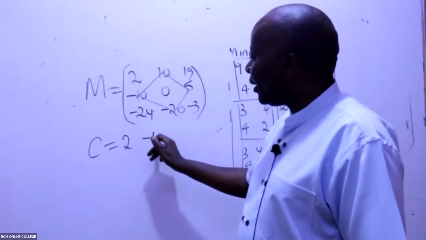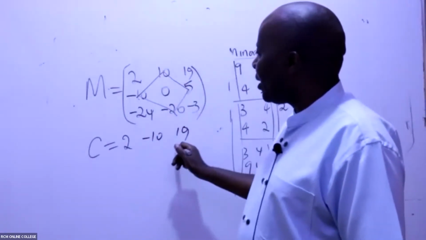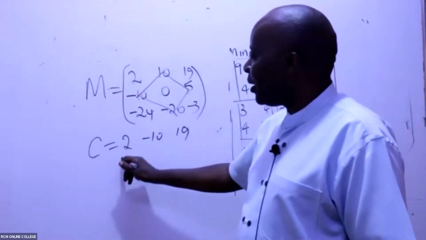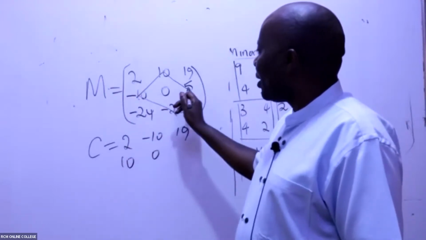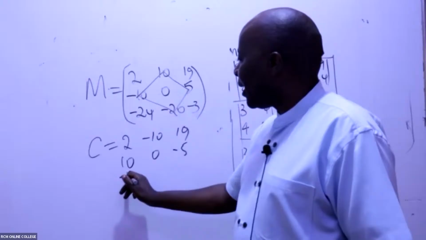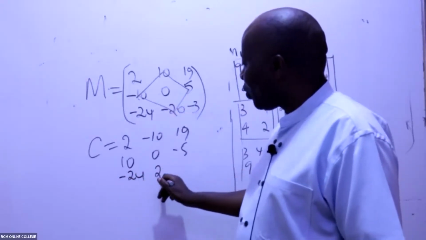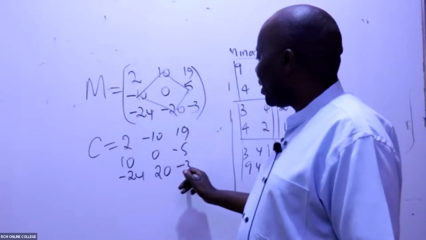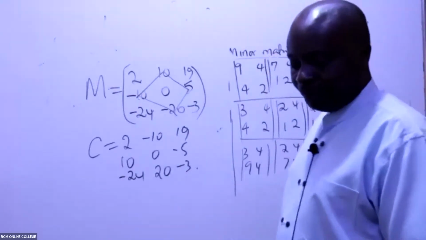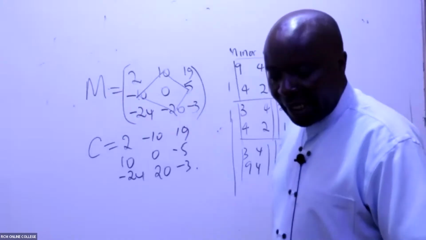So it becomes minus 10. This is 19. This is now positive 10. This is 0. This is negative 5. This is negative 24. This has been touched by the diamond, so in this case, 20 positive. And then lastly, minus 3 like that. Now, ladies and gentlemen, after getting this,